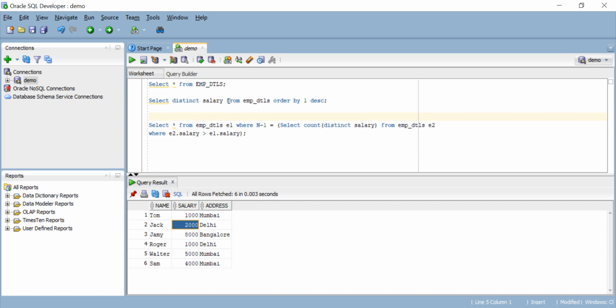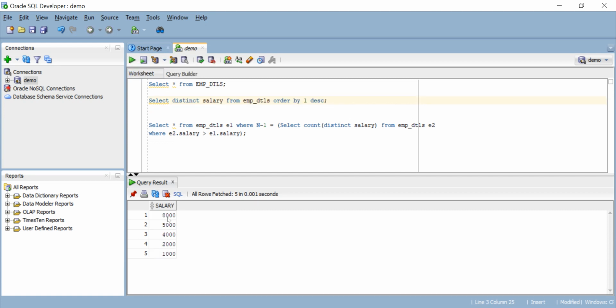So first of all, after seeing this data, let's view the distinct salaries which are ordered. I have ordered them in descending order. These are the distinct salaries that we have: 8,000, 5,000, 4,000, and 2,000. Now, let us suppose someone asks you what the highest salary among these is. 8,000 obviously would be the highest salary, 5,000 would be the second highest salary, 4,000 would be the third highest salary. But if you think about it a bit